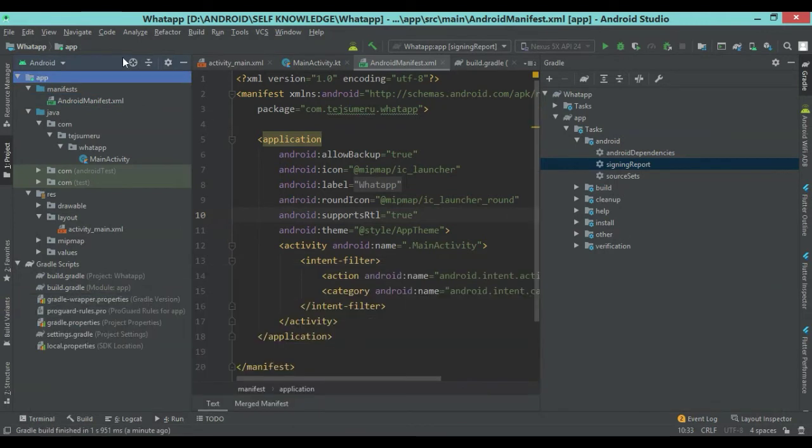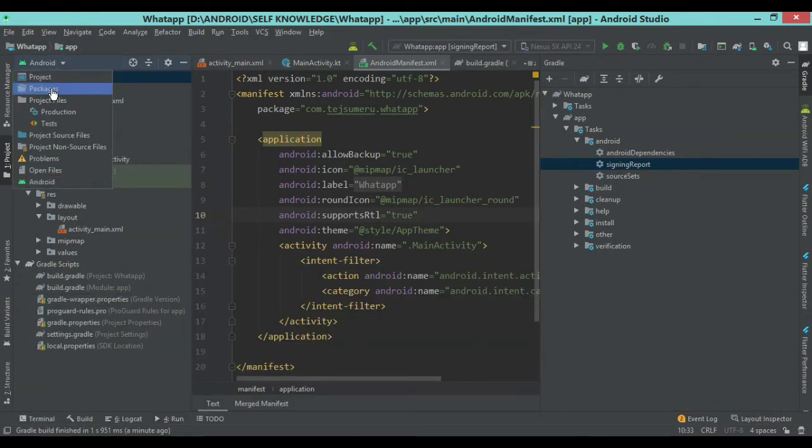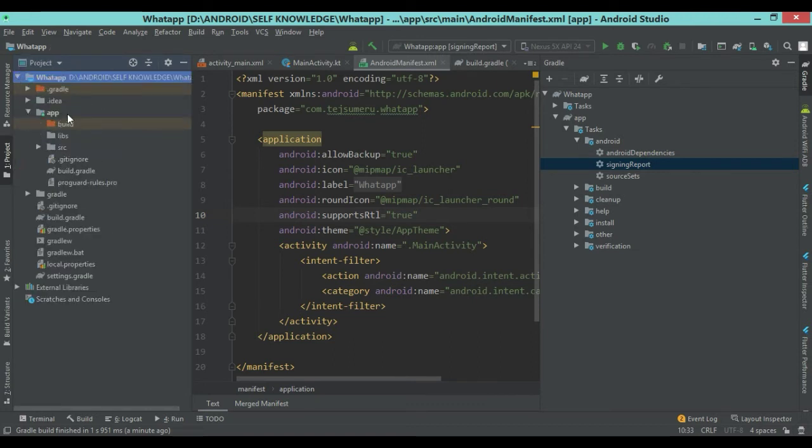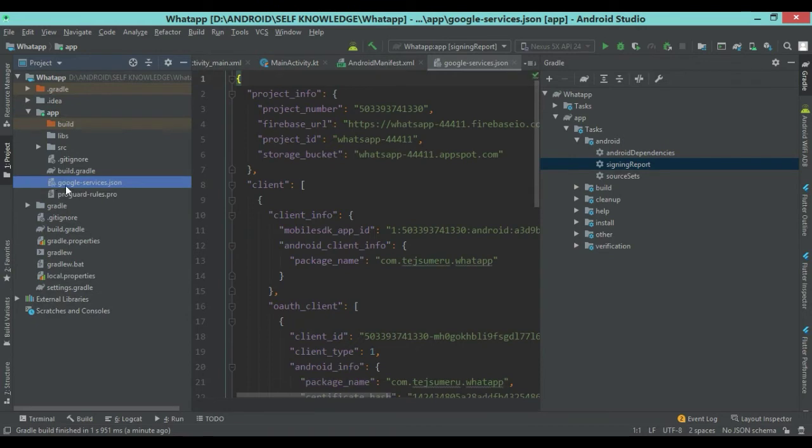First you change the structure of your project, from package to project. Inside that, in WhatsApp you can see the app folder. You copy the JSON file from the download folder and here you have to paste. So right click and paste. Okay, you can see this is done.